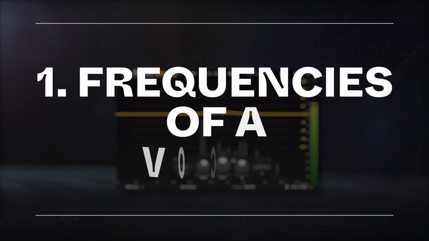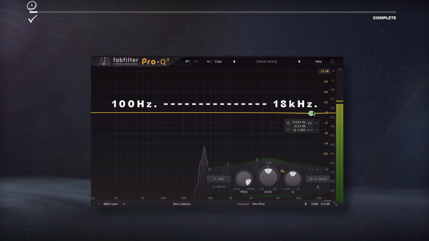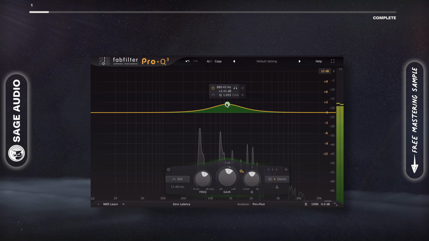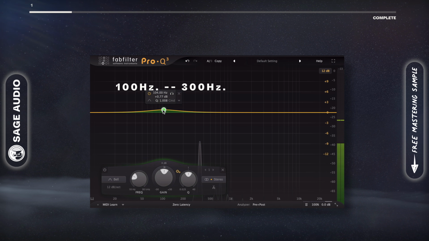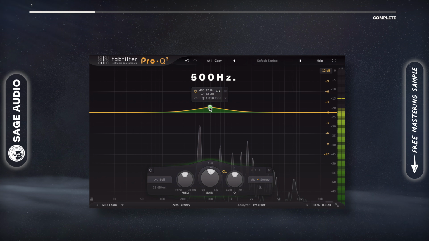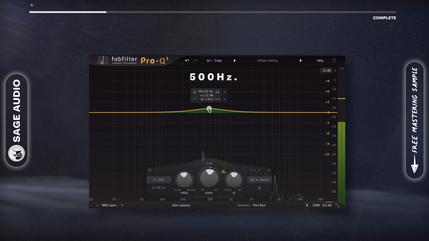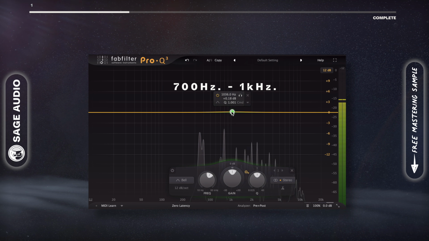The frequencies of a vocal. The voice resides between 100 Hz all the way up to about 18 kHz. It's an incredibly complex instrument, but let's break down its frequencies. Between 100 to 300 Hz will be the vocal's fundamental. 500 Hz will be where the pronunciation of vowels occur, and 700 Hz to 1 kHz is where you get nasally